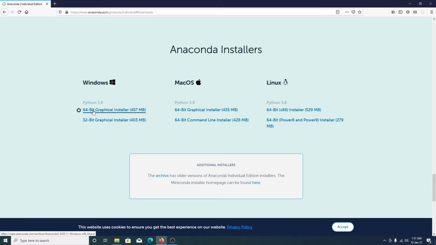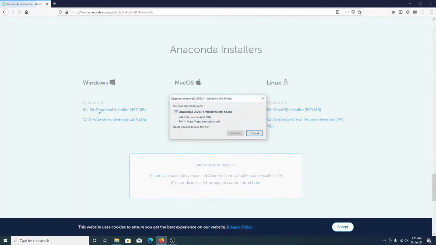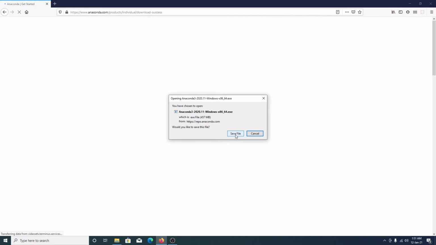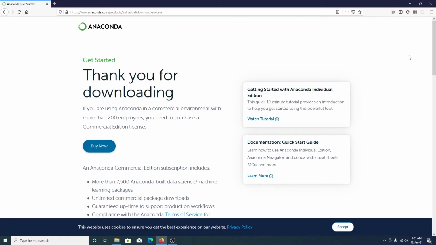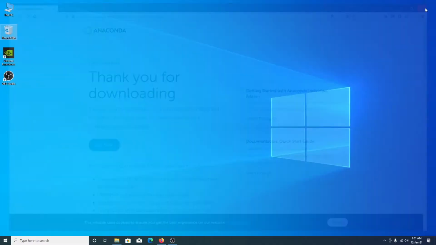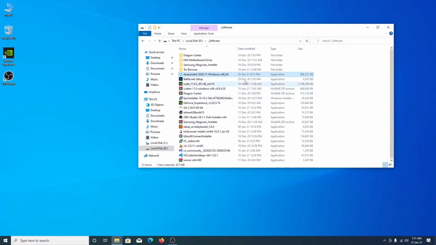Mine is a 64-bit machine, so I'm going to click here and save the file, but I have already downloaded the file, so I'm going to click cancel here and close the browser. And this is the file that will be downloaded. Now your version number might be different based on when you download the file, so don't worry if the number is different. Double click on the installer,